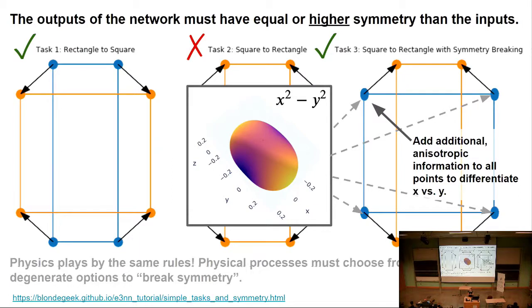The key thing I want to point out is that we actually want it to do this, because physics plays by the same rule. It's a very deep and interesting topic. Maybe I just think so, but I think a lot of physicists think so. Physical processes have to choose energetically degenerate options in order to break symmetry. If you set up 100 identical systems and they have to break symmetry, they'll choose all of the options with equal probability. If I had to choose this rectangle versus this rectangle, you'll get half the population choosing one and half choosing the other. So that's kind of cool.